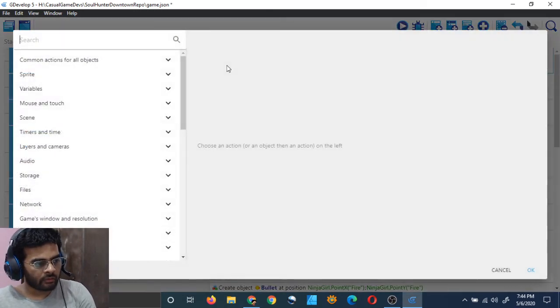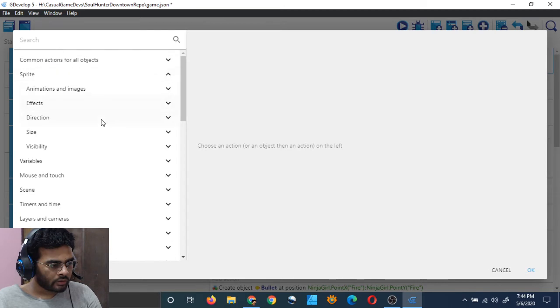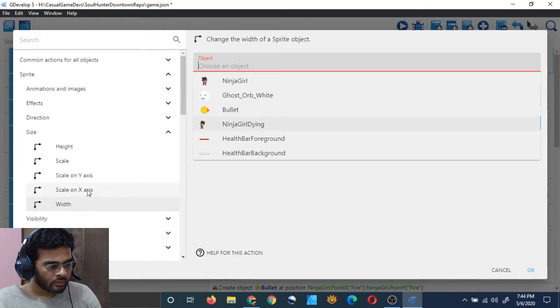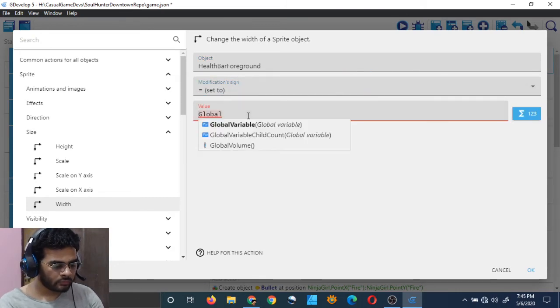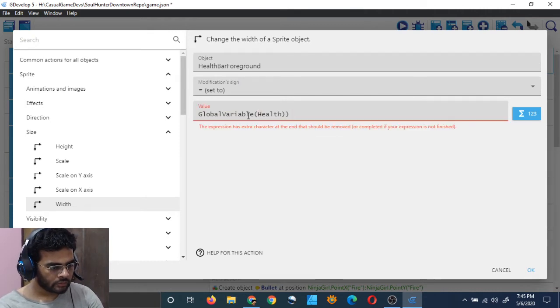I will delete this. I will choose another action to do, which is scale on width is equal to global variable health divided by 100 and 512.